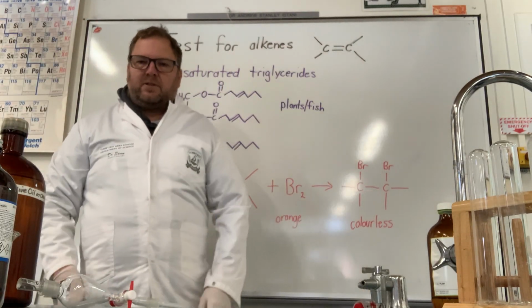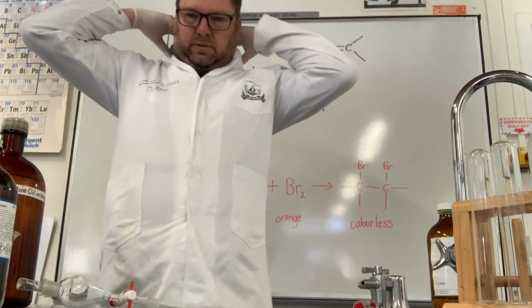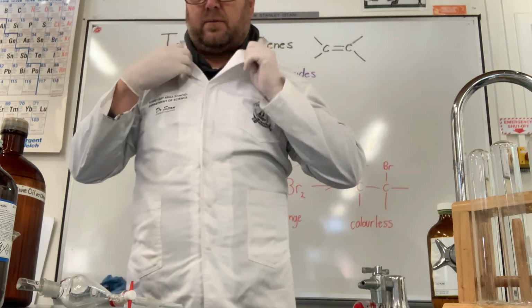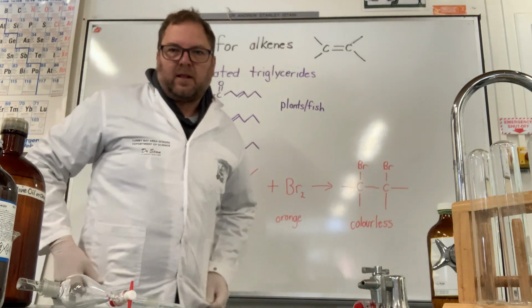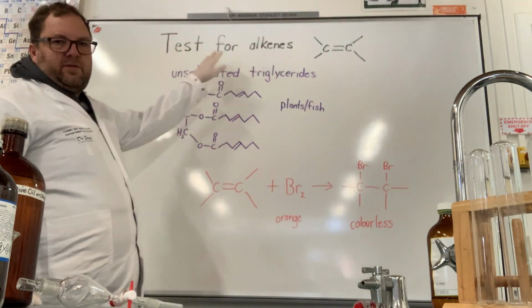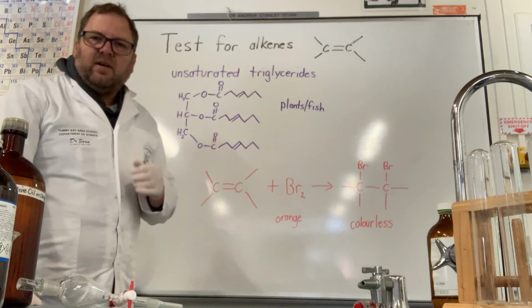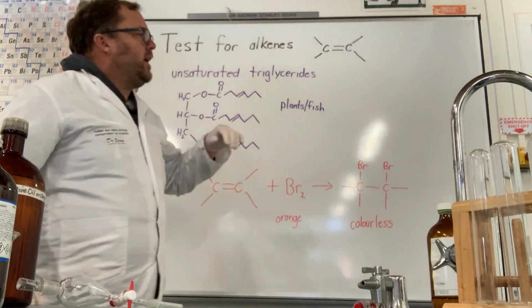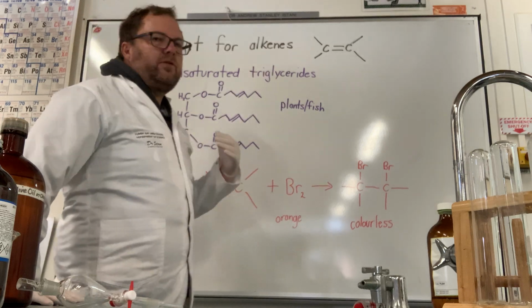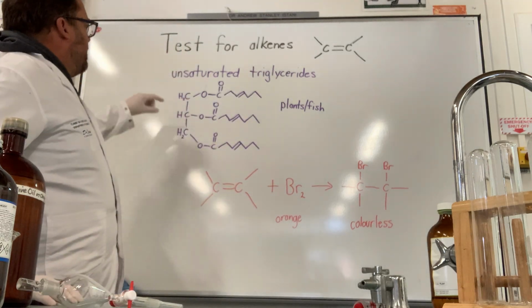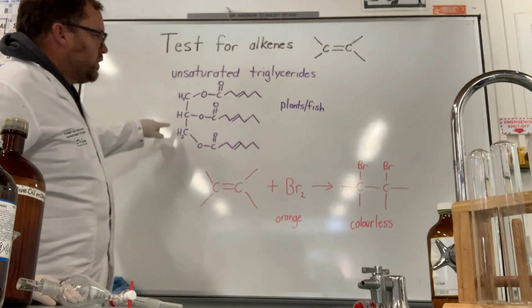Okay, dealing with some nasties in this prac, so we've suited up for this one with the lab coat and the gloves. And we're going to look at the test for alkenes, and in particular we use this test to check for the degree of unsaturation in triglycerides, which, if you remember, have this general structure